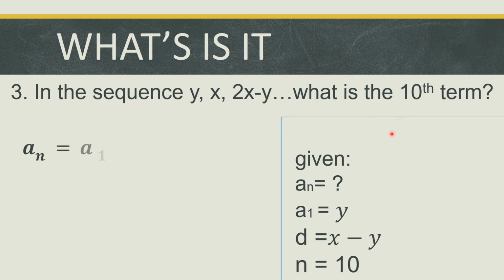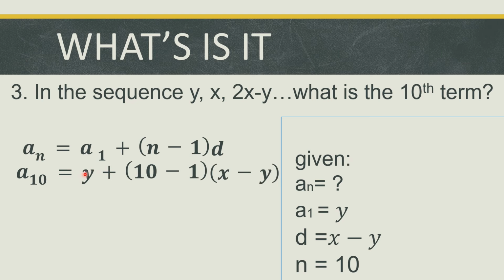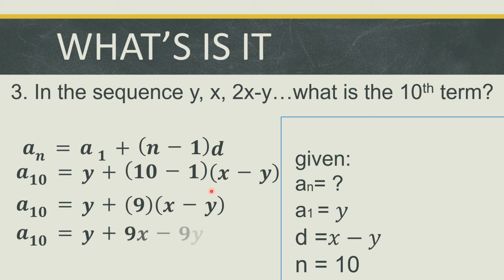So again, with the use of the nth term formula, or a sub n is equal to a sub 1 plus n minus 1 times d, we can solve the 10th term. First, we need to substitute. A sub 1 is y, n is 10, and d is x minus y. So by simplifying, 10 minus 1 is equal to 9, and we're going to distribute 9 to x and 9 to negative y, that is equal to